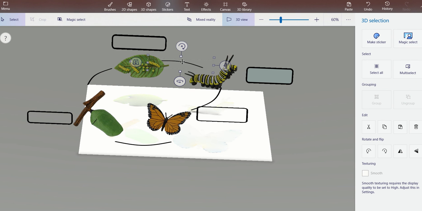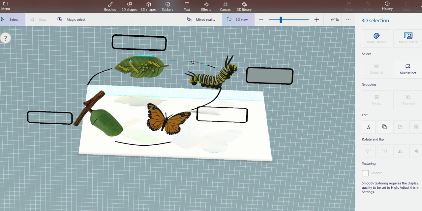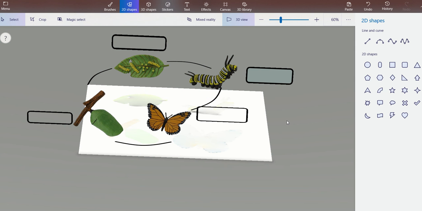So you can always click on that image, and with the help of the left click you can adjust the line in case it is not fitting well. You can use any of these options, these 2D shapes which are available, and you can also use these arrows, whatever you feel like, and create it.